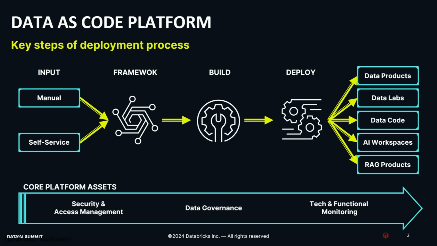Based on that, we build an image. It's going to be the image of the product that we want to deploy. And we have many pipelines. Everything is completely automated, and we deploy all the components, the assets, and the features that the business needs. It could be, for example, a data product, or a workspace for training, for inference, for serving models. It could be a workspace for very specific AI, and quite recently we're doing it for RAG products.